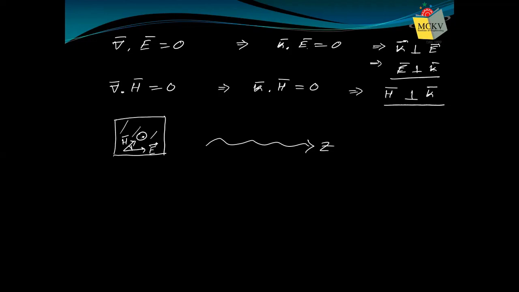So from that, we can draw any type of electric field and magnetic field like this. This is electric field, say this is magnetic field. Then also E and H are perpendicular to K. But E and H are not perpendicular between themselves. The angle between them is not 90 degrees. So from this discussion, we cannot say E and H are perpendicular to each other. Be very, very careful.